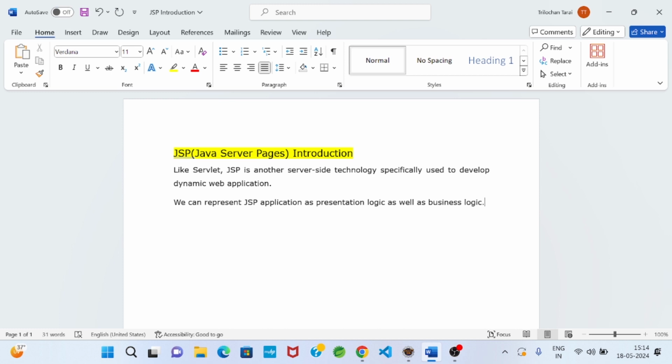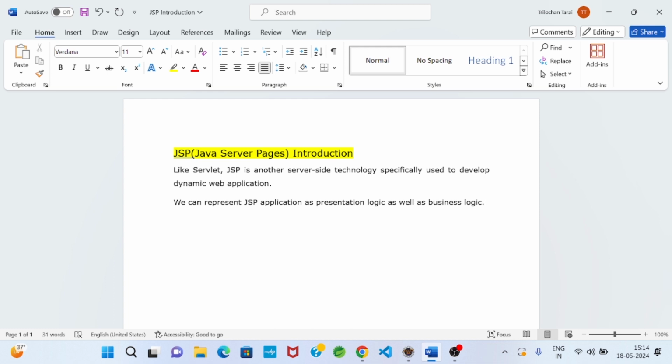Presentation means login form, registration form, home page, payment inquiry, payment integration form, inquiry form. So front end. Okay. So JSP we can represent as presentation logic and business logic.